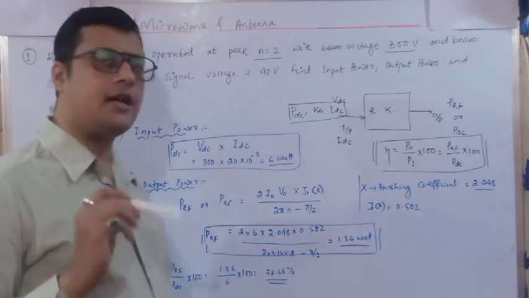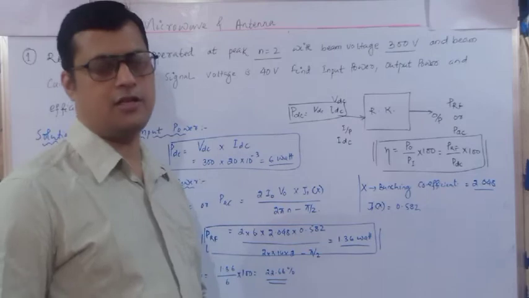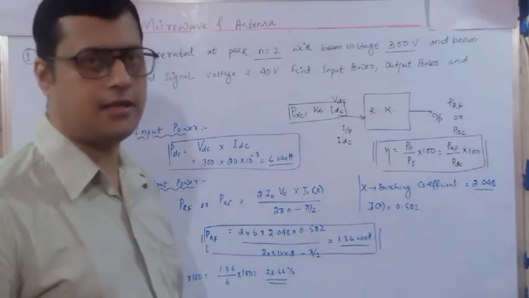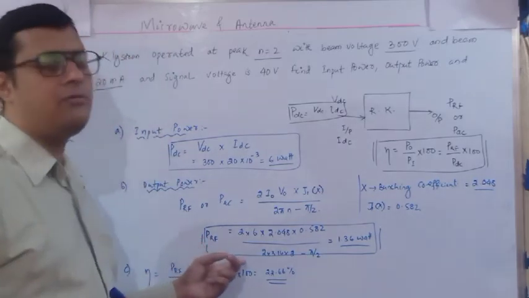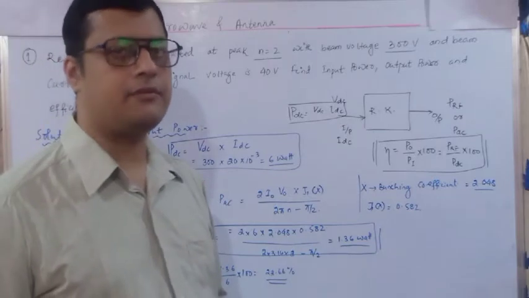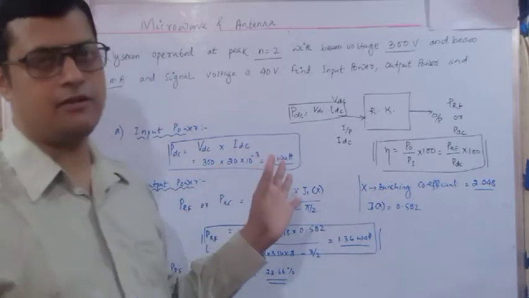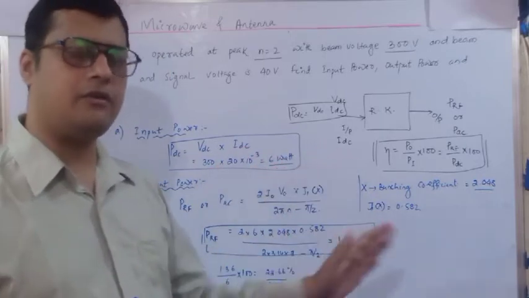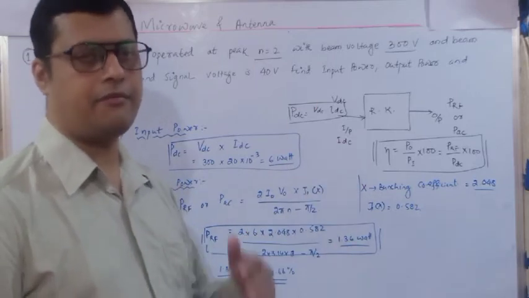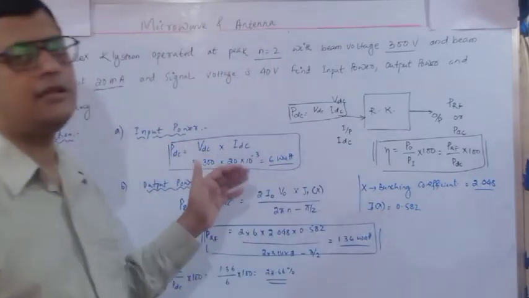And if you are getting the RF output power greater than the input power, that means your calculation is wrong. Your RF output power must be less than your DC beam voltage and DC beam current product. So once the RF output power is known, you can go for calculation of RF current also, IRF, that we have calculated in our derivation. Here I have not asked, so I will not calculate IRF. Similarly VRF also you can determine. There are some relations that we have already discussed. If the question is asked with respect to RF current and RF potential, you have to go through those relations.